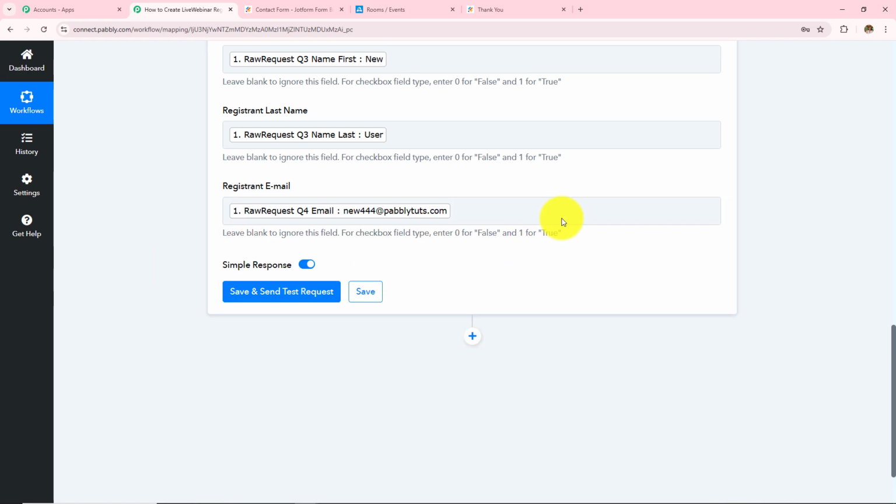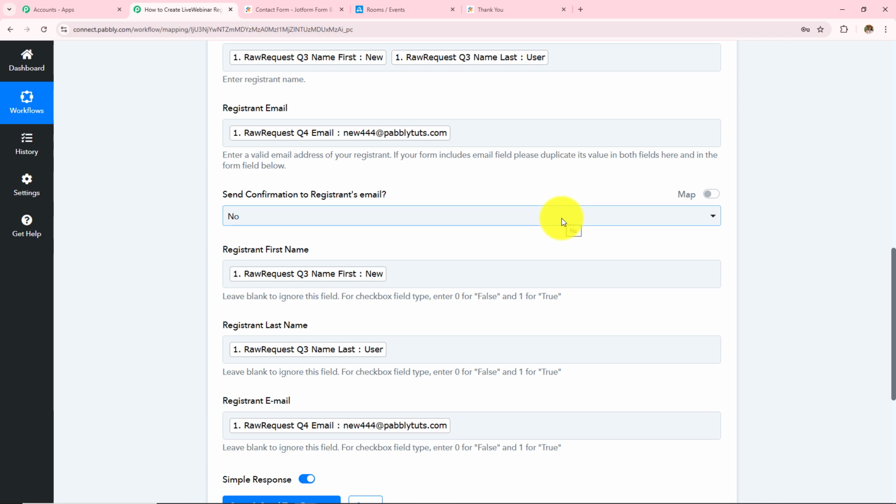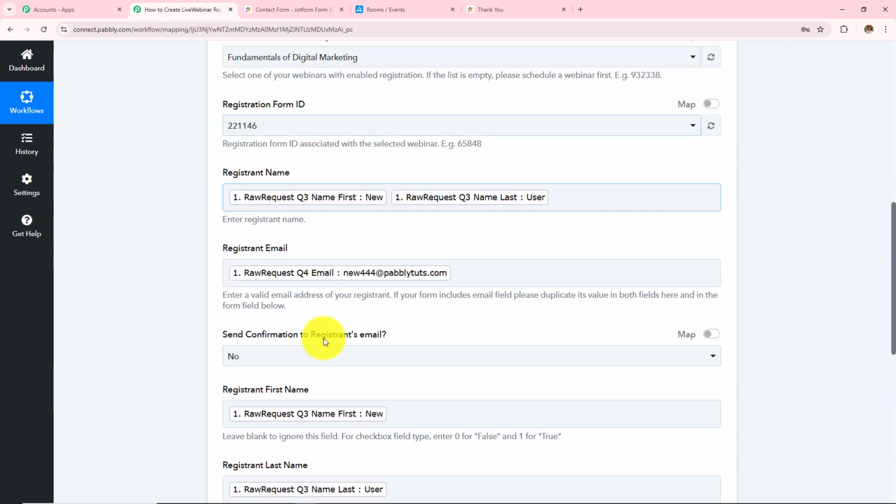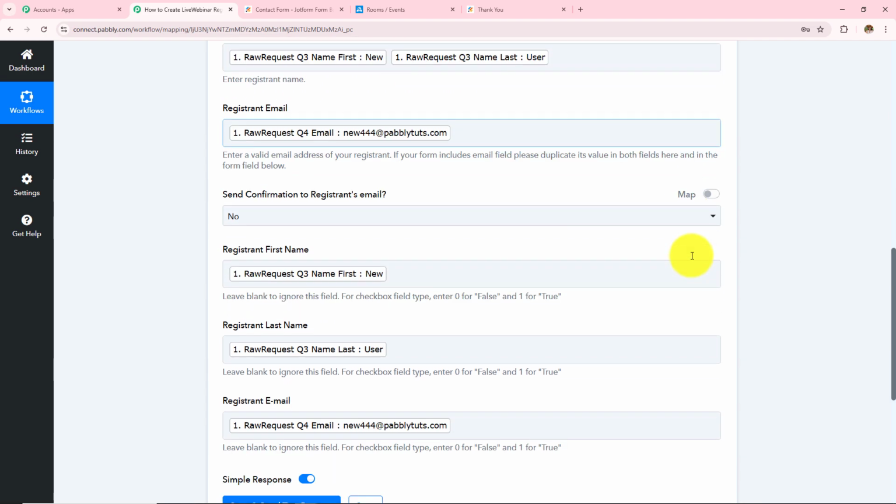Now over here, mapping is important so that every time you receive a new response, it is taken into consideration in these fields. Manually entering the data will make these fields static and the information will not change even if you have received a new response. Over here, if I manually enter any detail, this field will become static and every time I receive a new response, the result will not change. So as to keep these fields dynamic, we use this process mapping instead of manually entering the details.